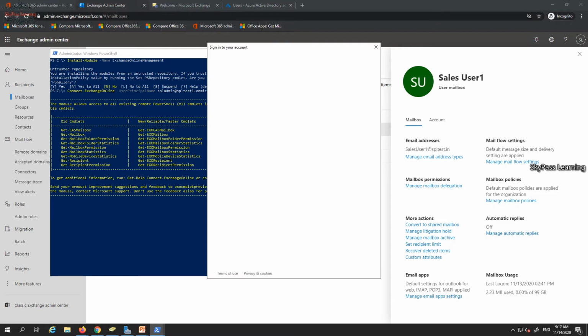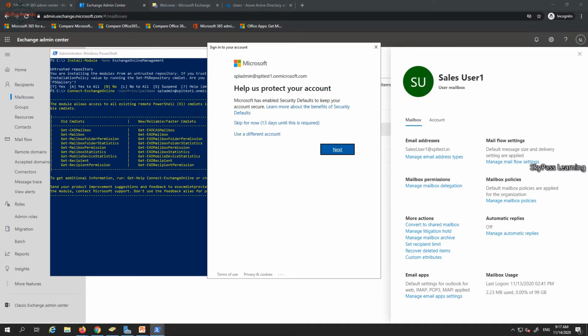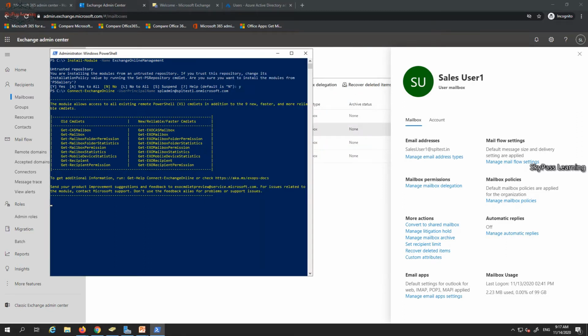So that will bring me to this login page for authentication. I can just sign in now. If MFA etc. is configured, it will ask, and I'm logged in from this. Once this gets logged in,